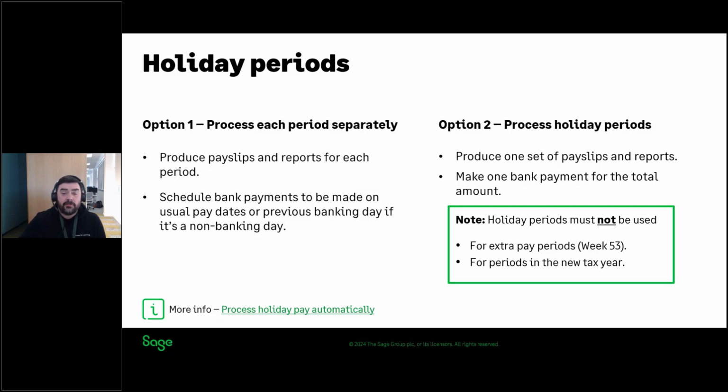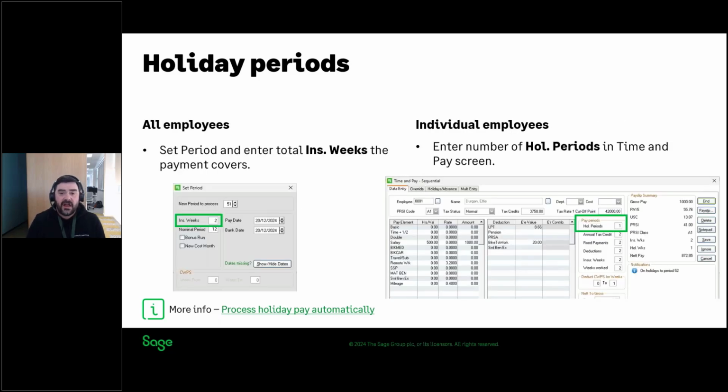Now, there is some guidance on processing a holiday period following the link on the slide, but to set it up, if you want to set up a holiday period for everyone on your payroll, a quick way of doing that is to increase the number of insurance weeks when you come to set the earlier period. So in the example on the slide, we're setting period 51, but we've increased the insurance weeks to 2, so that will apply a holiday period for everyone so that it will cover the week 52